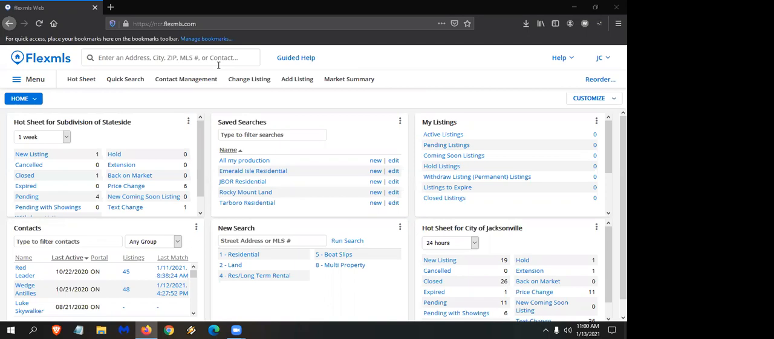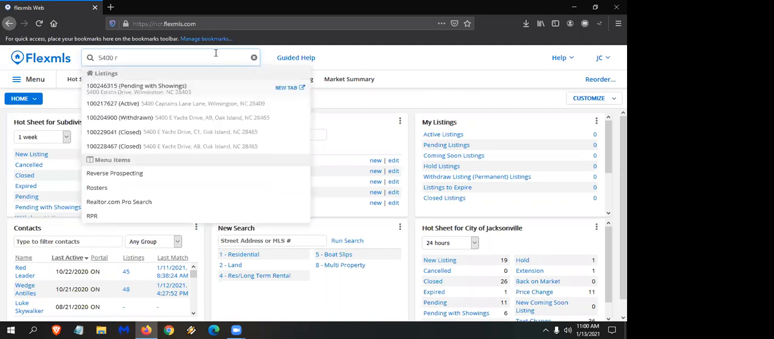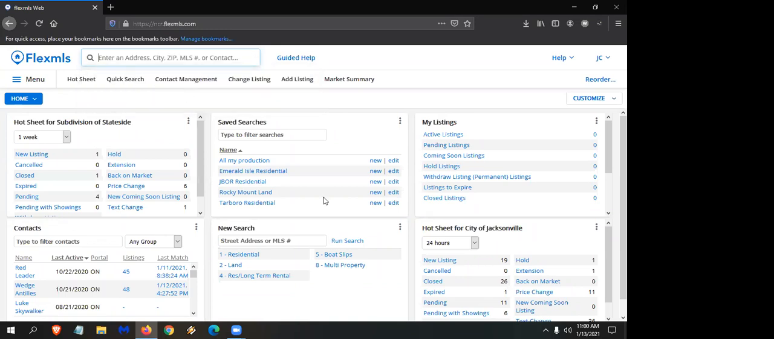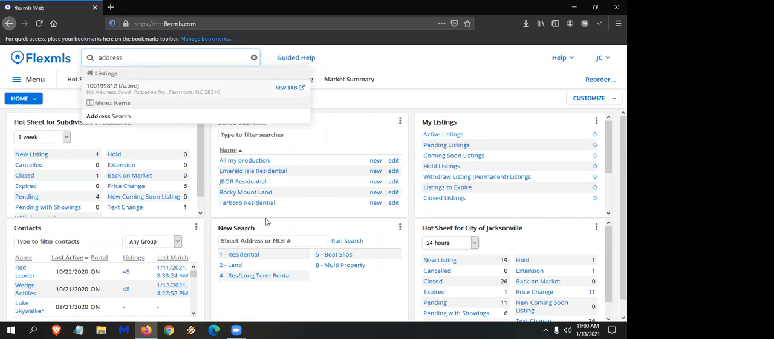So a few other things I want to point out in the quick launch bar is we can do address searching. Now, I showed you before, we typed in 5400 Edisto, which is great and wonderful if we have an actual address. But let's say someone calls you up and says, hey, I'm interested in that blue house in Jacksonville. And I know you get calls like that. So we can't type in blue house in Jacksonville, but what you can do is type in the word address, because there's something called an address search. Now, if I click on address search,